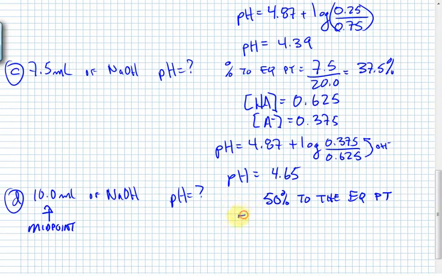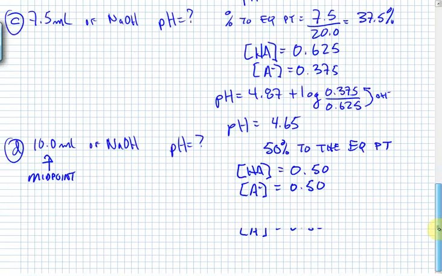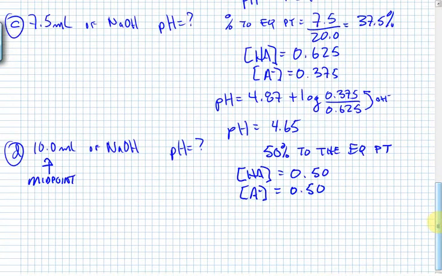At this point, the concentration of HA has been reduced to 50% or 0.50 of its original concentration. The A minus has been increased to 0.50 of the original concentration of the acid. And therefore, the concentrations are the same. pH, again, is going to be equal to the pKa